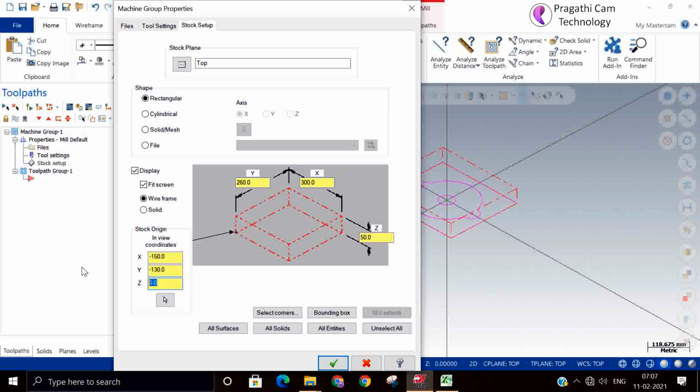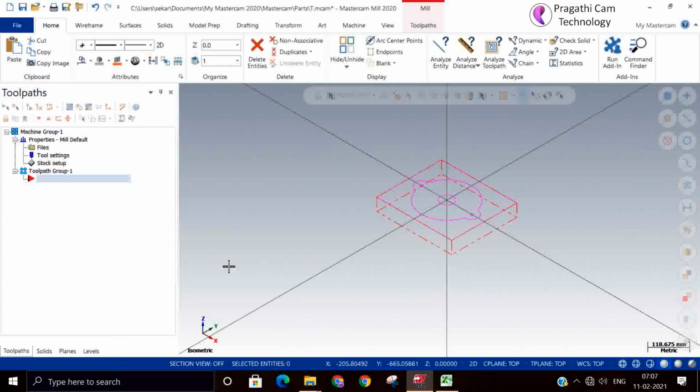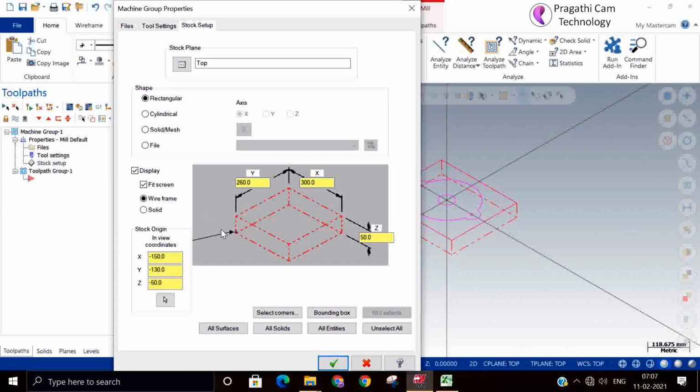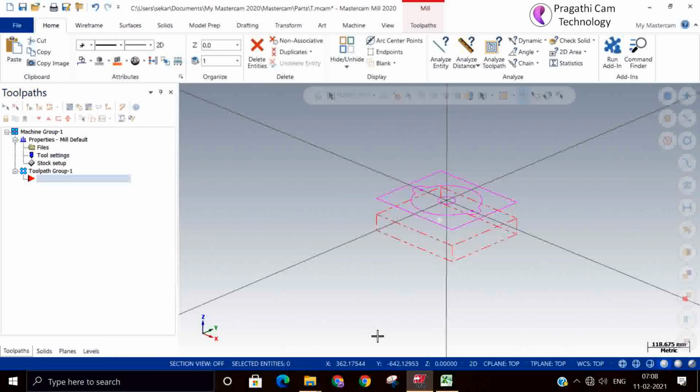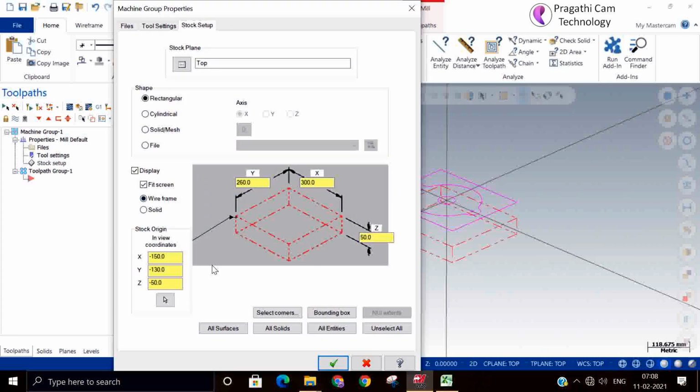You can give a minus value here in the Z. This reference is based on this point, so above this it's a plus. If you give it at the top, then you see it reversed. Now I will make it at the